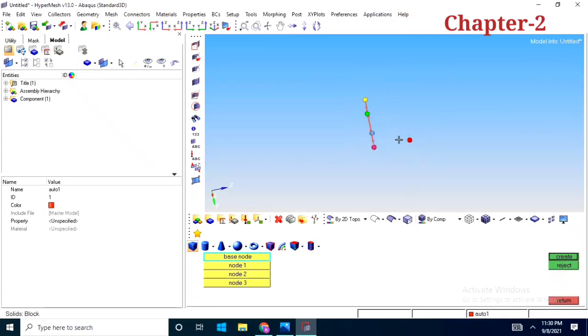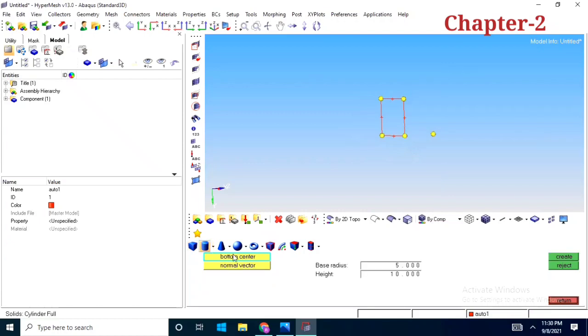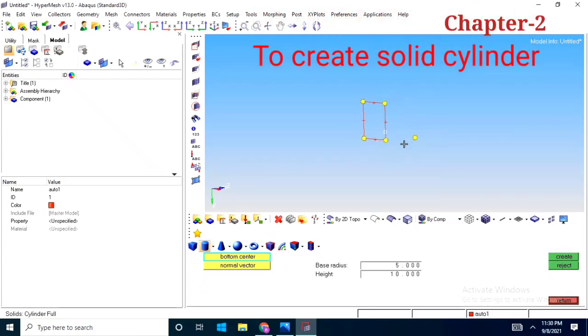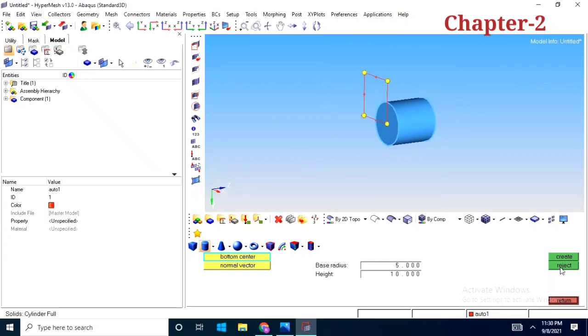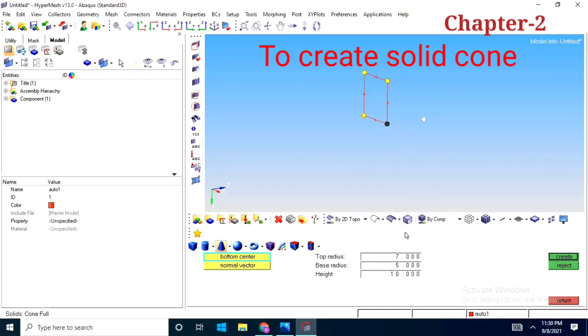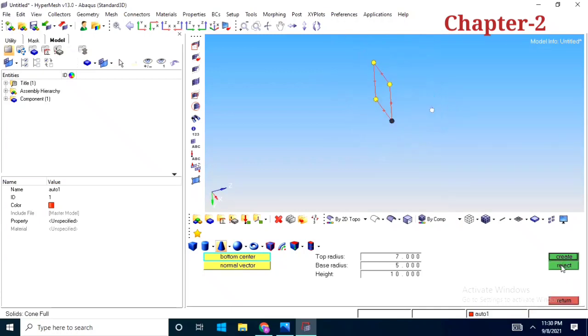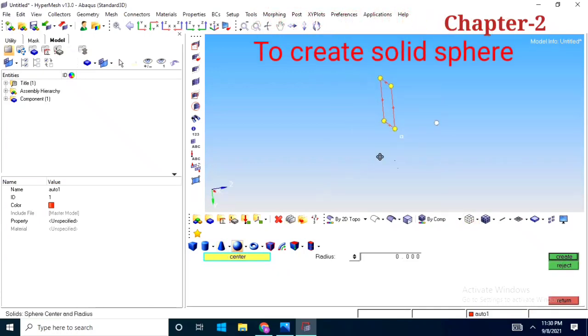Now I want to create a solid cylinder, so I will give one bottom center vector, base radius 5 and a height. It will create like a surface only, but it is a solid. This is not a surface, this is a solid. Same like the cone, we can also create it by giving top radius, base radius and height, bottom center and normal vector. Same with the sphere,